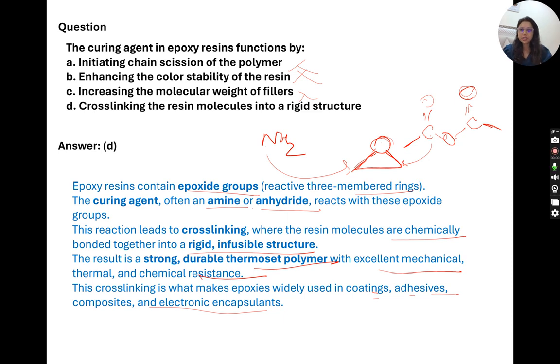I hope the concept of epoxy as well as polyurethane and different types of coating processes is clear to everyone. And if yes, we can move forward with the next topic. Today's session has just involved these kinds of topics, like polymers and how they can be used in electronics or such different applications.